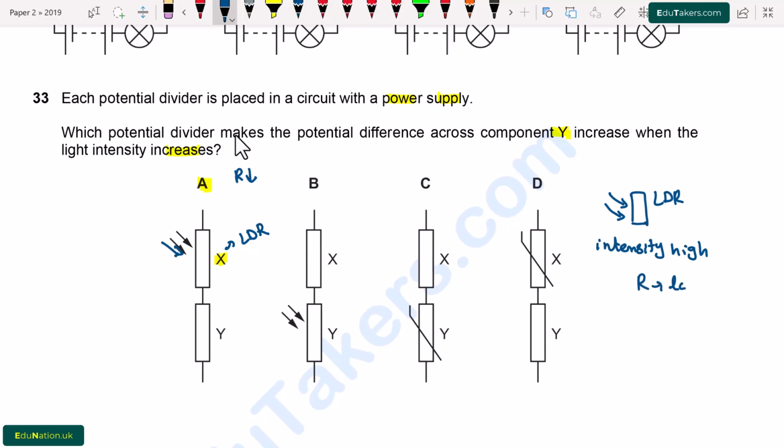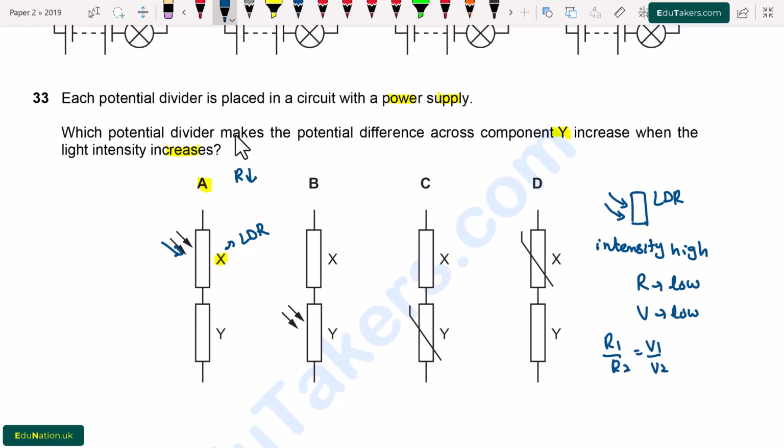Also, the potential difference is low because it's a potential divider. So R1 over R2 is equal to V1 over V2, due to which by decreasing the resistance, the potential difference